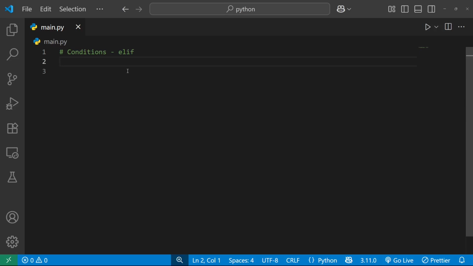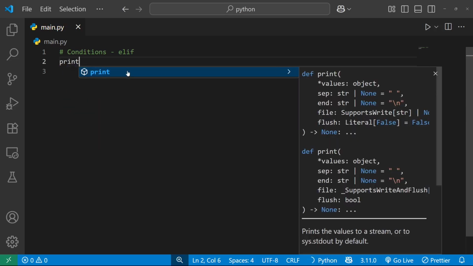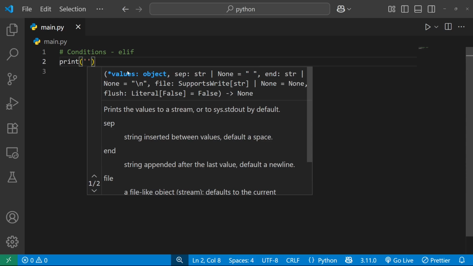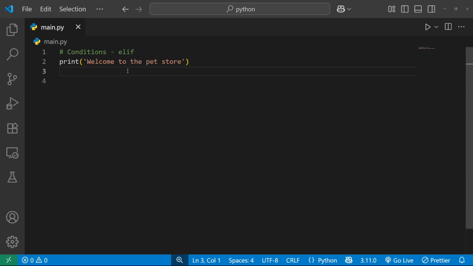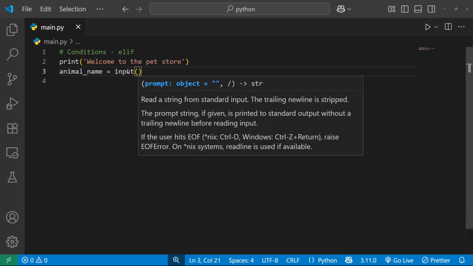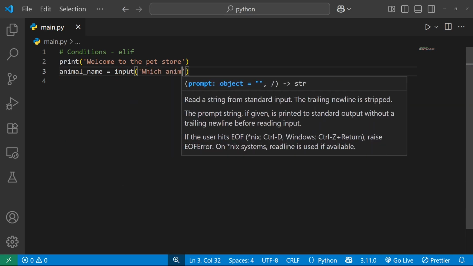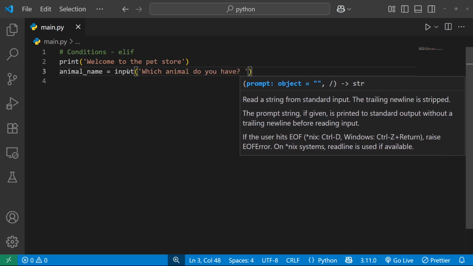And now we will practice together. So we will write a print, something like "Welcome to the pet store." The visitor comes to the pet store, and we need to know which animal the visitor has. So I will write animal_name, and I will write input, something like "Which animal do you have?", and again